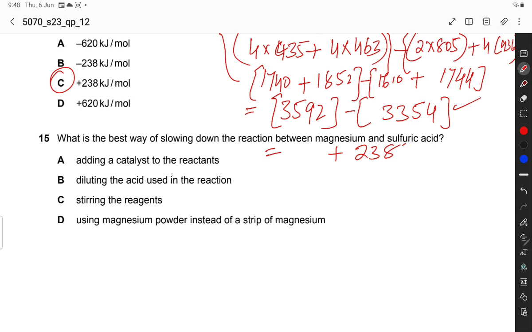Adding a catalyst to the reactant, no, it is not the best way to slow down the reaction. It speeds up the rate of reaction, so it is incorrect. Diluting the acid used in the reaction, yes, this might be correct. Stirring the reagents, no, this is not correct. Using magnesium powder instead of a strip of magnesium, no, this is